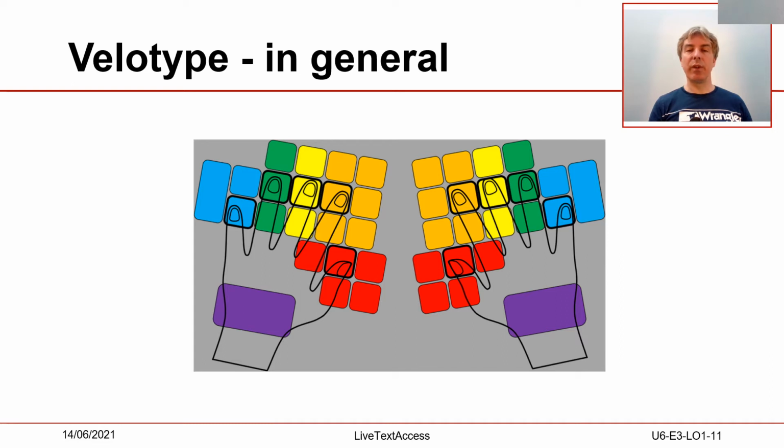The keyboard is divided into three parts. To the left of the keyboard are the keys that create the initial consonants of a syllable. In the middle the keys to make the vowels, and on the right the keys to make the final consonants.